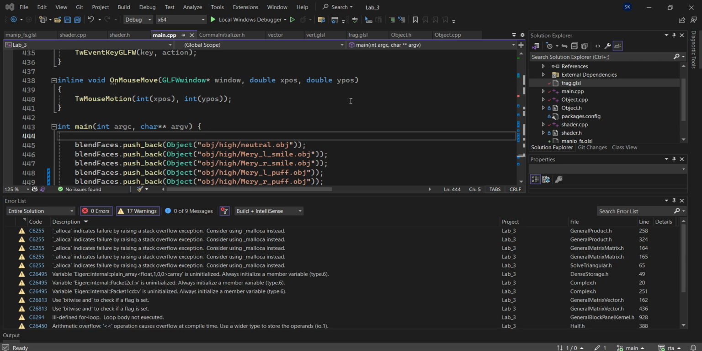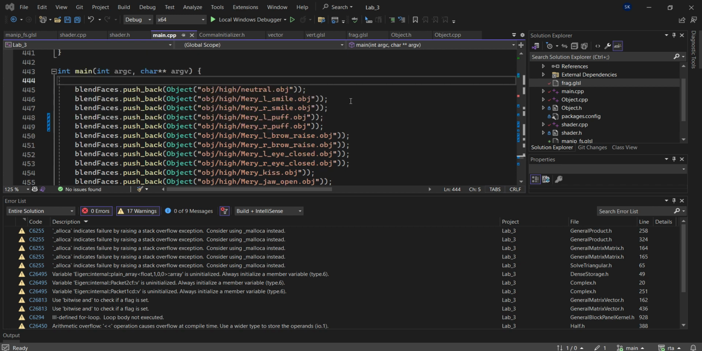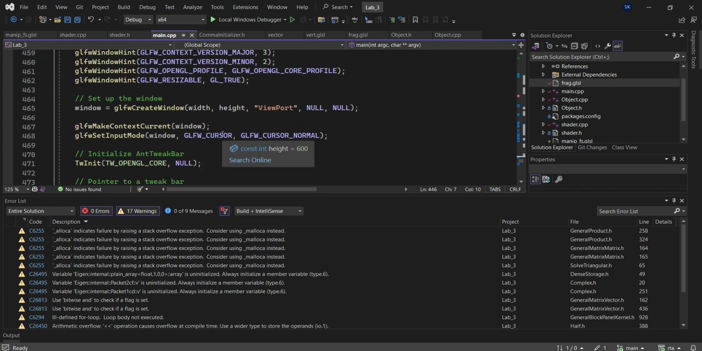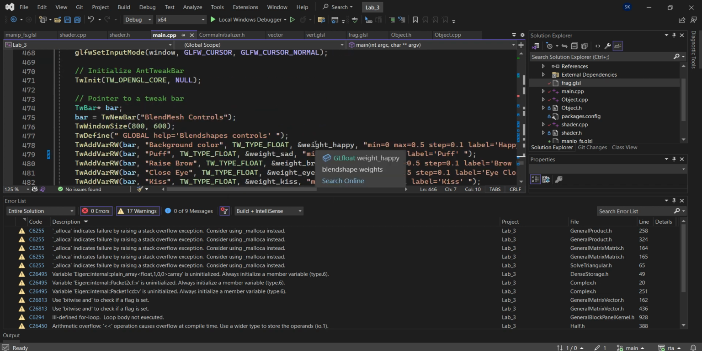This video is for real-time animation assignment number 3, blend faces. I'll give you a quick walkthrough of my code. I have a couple of blend faces which are controlled by these weights, which are added with my